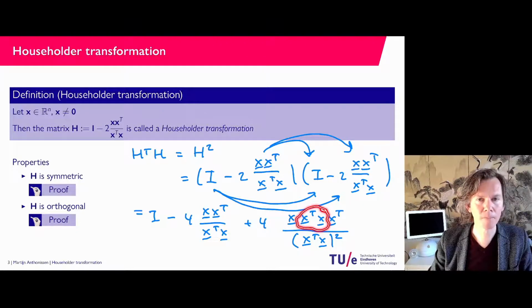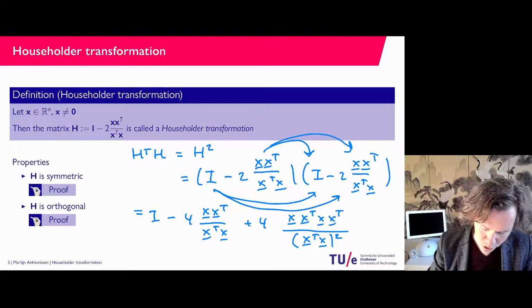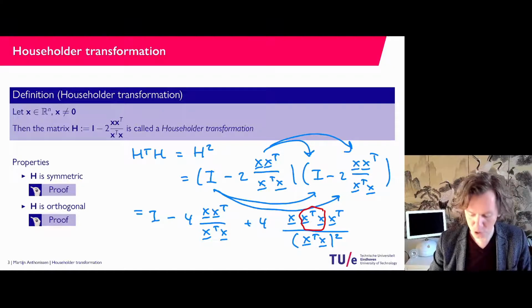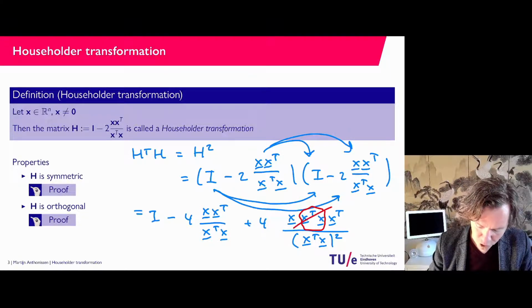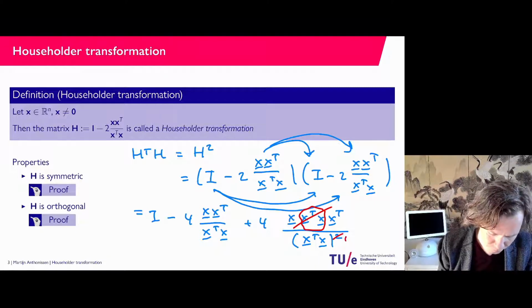So this I can put in front of the whole product of 4 vectors. And that means that basically what I can do is say, well, if I take this number here, you see that in the denominator it is squared, so I can divide this out if I make this into a 1. And then what we have is identity minus 4x x transpose